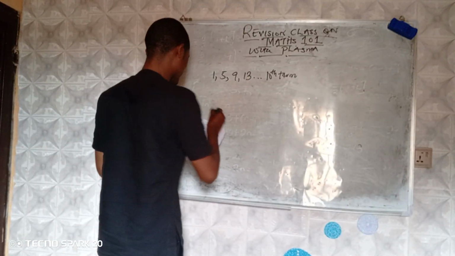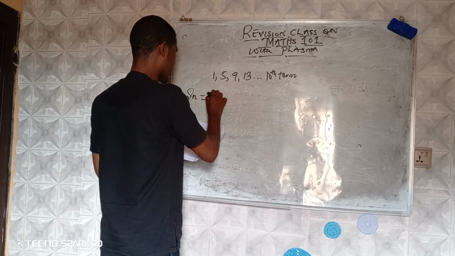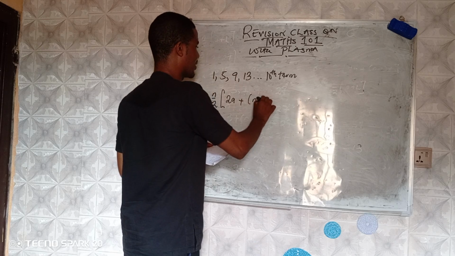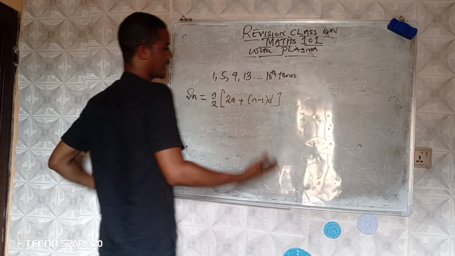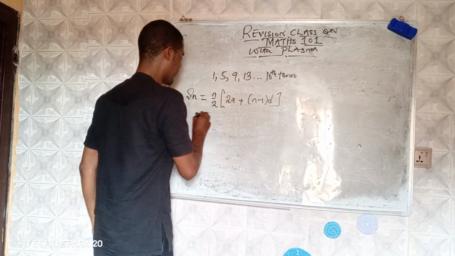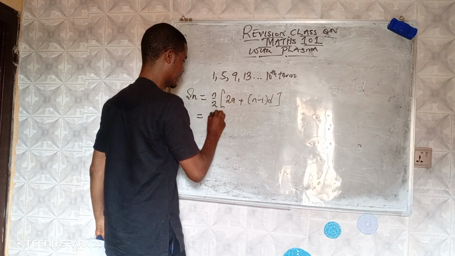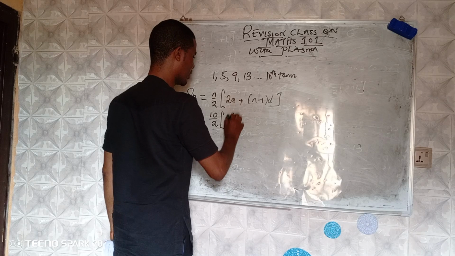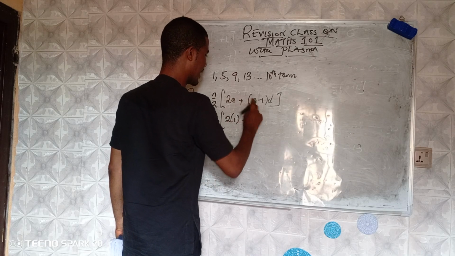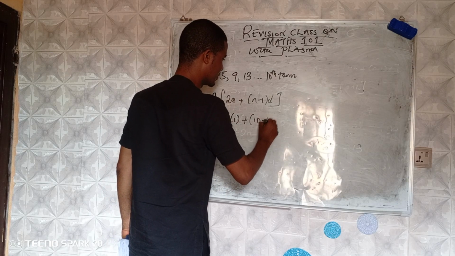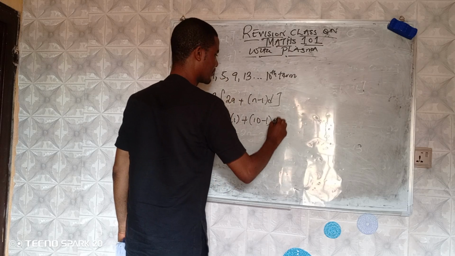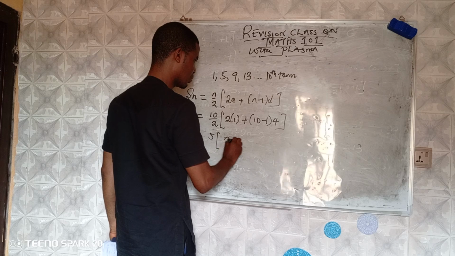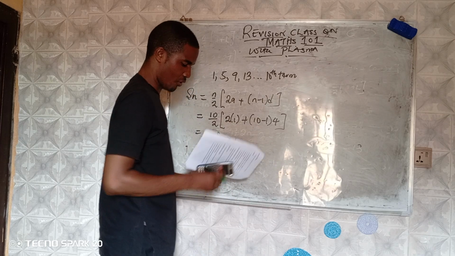So, I'm going to be using Sn equals n over 2 into 2a plus n minus 1 d, because I don't have the last term. So the value of my n here is 10. 10 over 2. So 2 into a is 1. Then n is 10 minus 1. Common difference is 4. Here is 5 into 2 plus 9 times 4